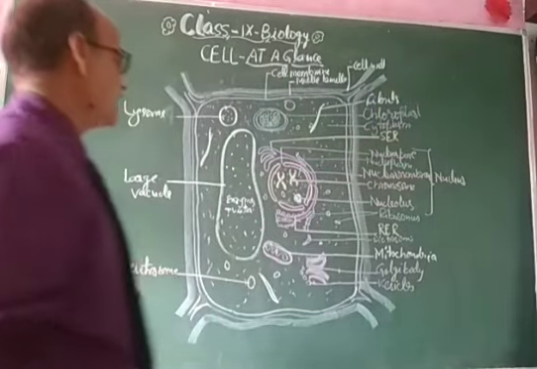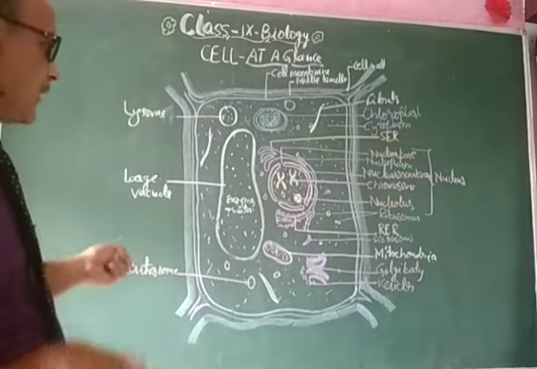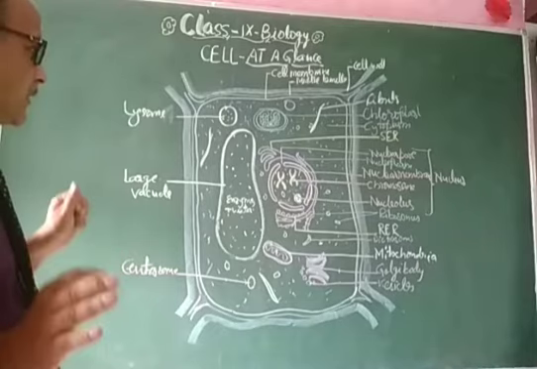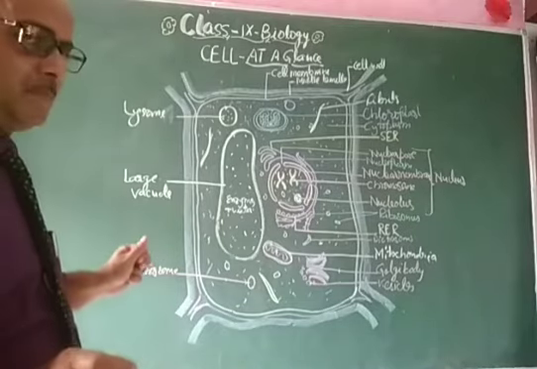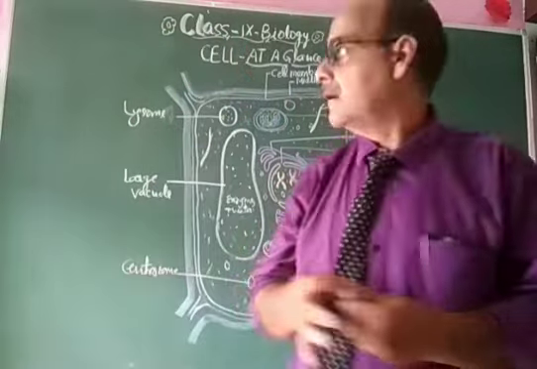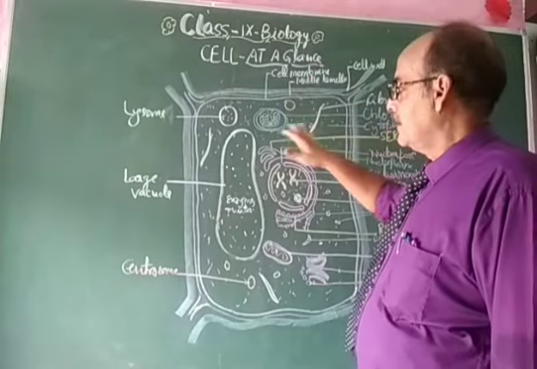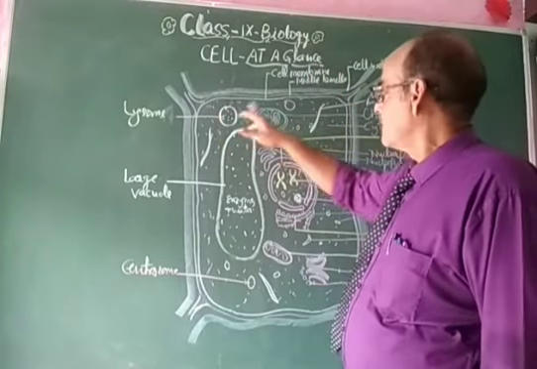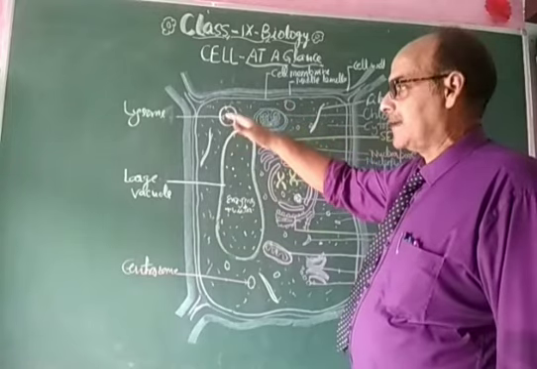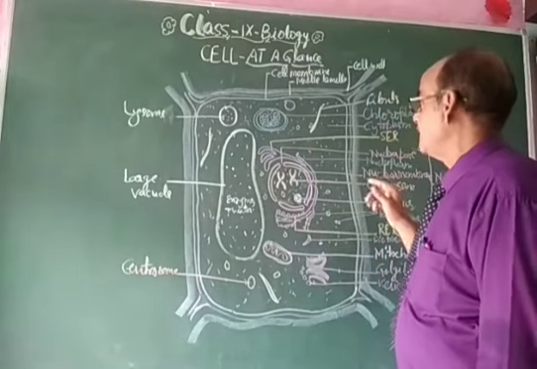So my dear students, this is the complete structure of a cell. You can consider this as a plant cell and animal cell. The structure of the plant cell and animal cell both are present in this diagram, and you can understand this. So I have already described this outer covering, that is cell wall, cell membrane, and this lysosome, that is the suicidal bag, which is able to digest all the cell. In the animal cell only,